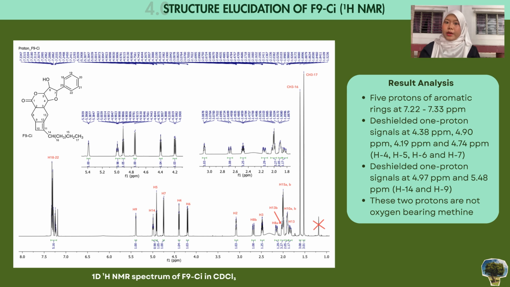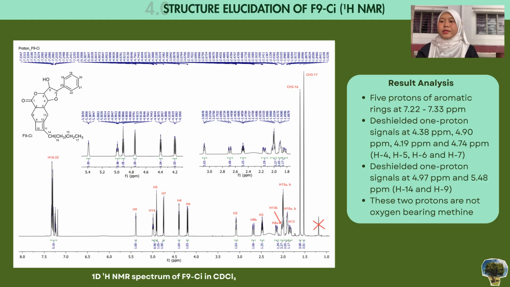By using NMR, the proton NMR spectrum shows 4 aromatic protons which resonate between 7.22 and 7.33 ppm, which indicates the presence of a monosubstituted phenyl moiety. There were 4 additional 1-proton signals at 4.38 to 4.74 ppm, indicative of the oxygen-bearing methine protons assignable